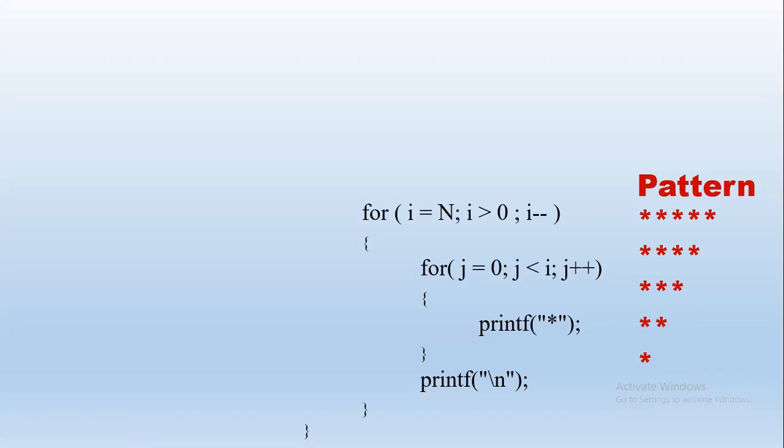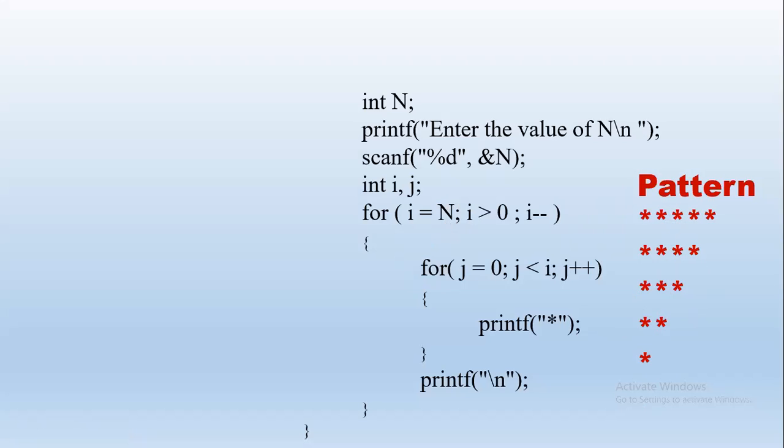Now for this, we need the value of n, right? So i starts from 5. We have taken an example based on the question. This value may be 5 or 6 or anything we can give as input, right? So we need to take input. First declare i and j, okay? And then n is also declared. Then enter the value of n, the number of rows, and accept the input. This scanf and printf syntax should be very clear, right? So we are taking input for an integer n. That is the first part. Then as usual, we include the header file and main function, right? So this is the logic. We will trace this step by step next.